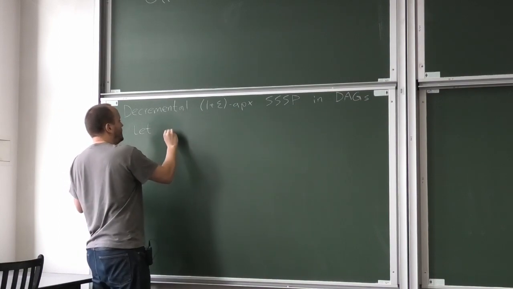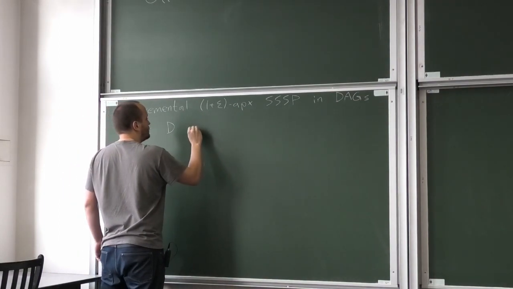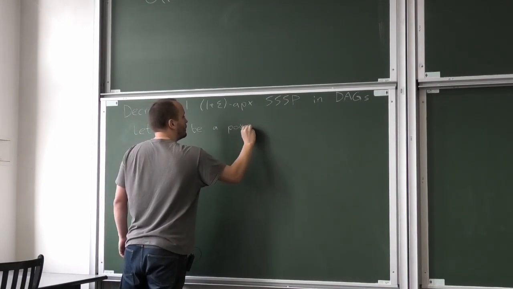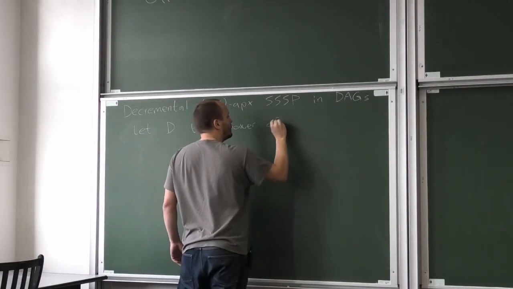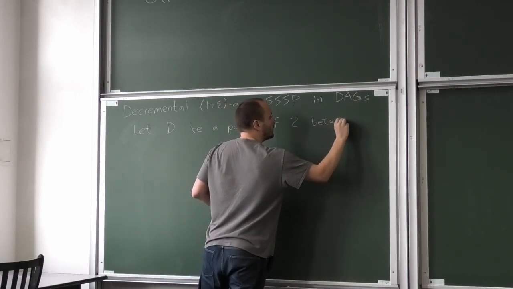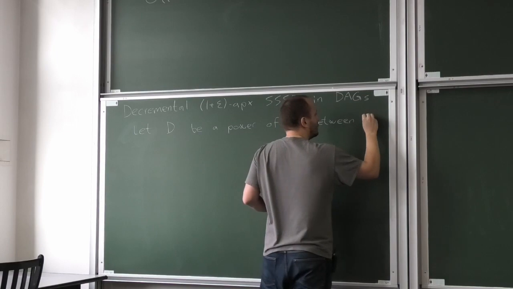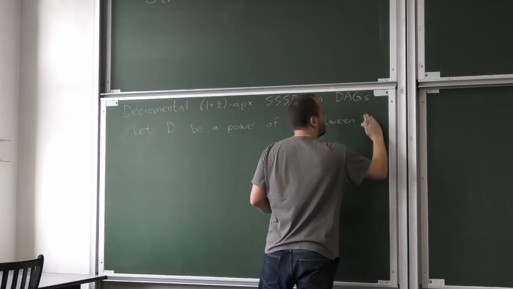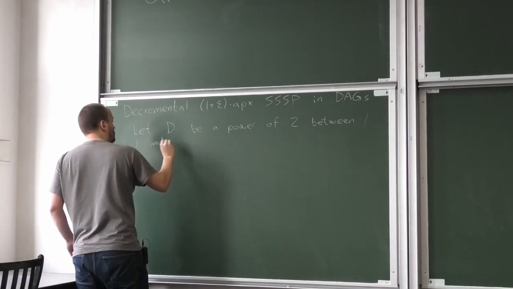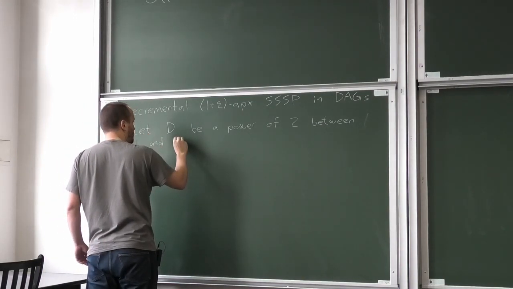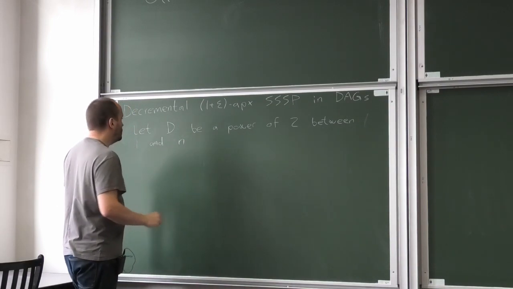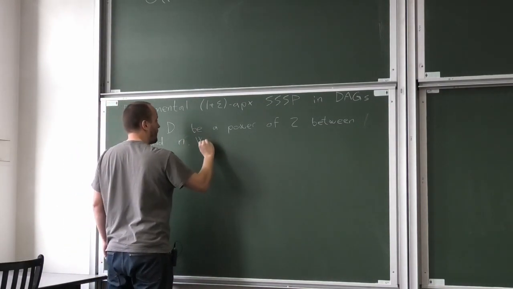Let D be a power of 2 between 1 and, say, n divided by 2. Let's just say n, doesn't matter. So we will present